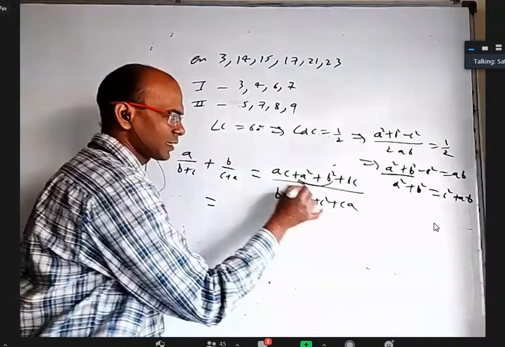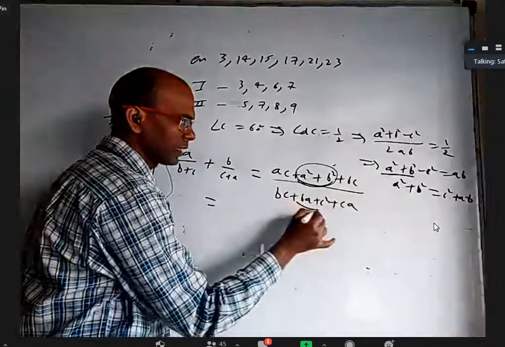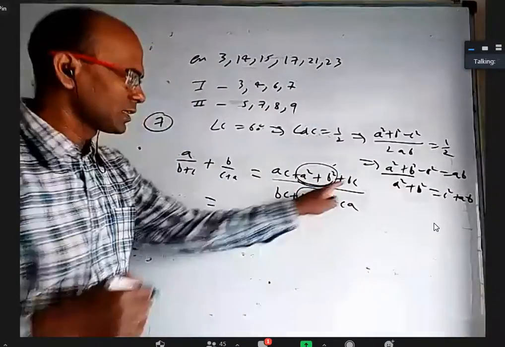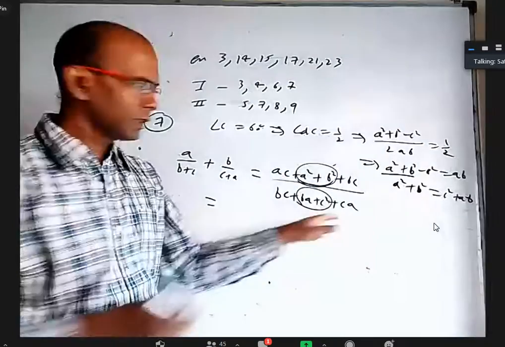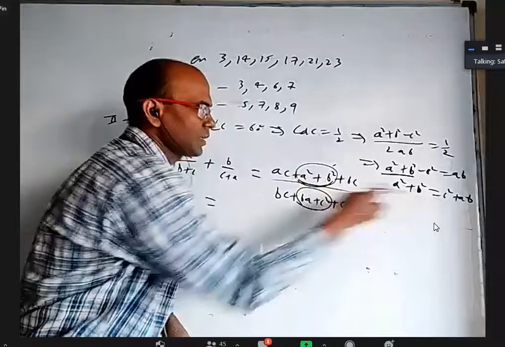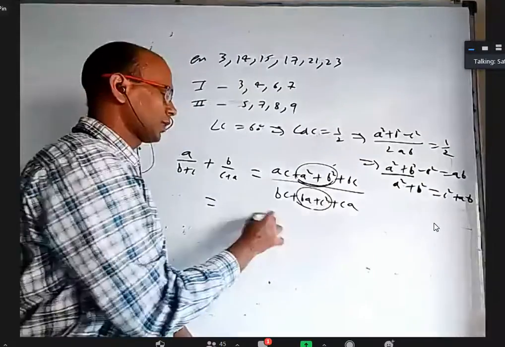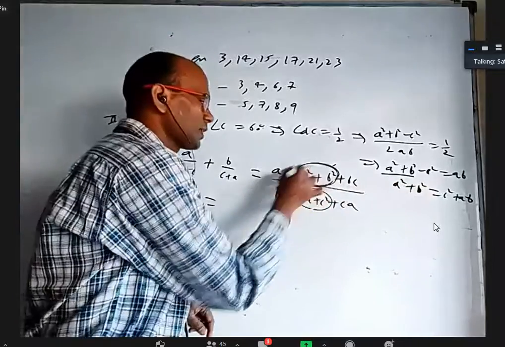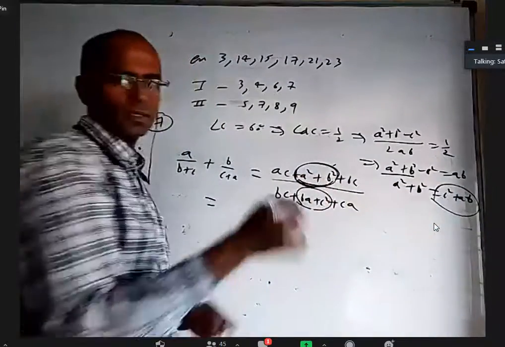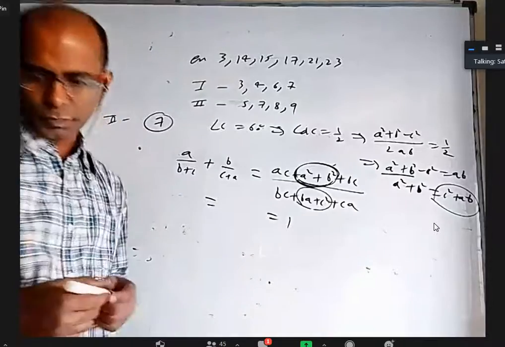So simply write a square plus b square is equal to c square plus ab. You can see that here a square plus b square is there. Here ab plus c square is there. This bc and this bc are same. This ac and this ca are same. And a square plus b square is same as ba plus c square. So numerator equal to denominator, it is 1. So just to prove numerator and denominator are equal, you can replace these two with this. Then you can say it is 1. That is the first part.